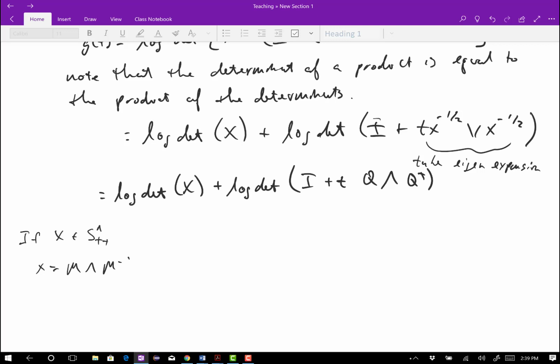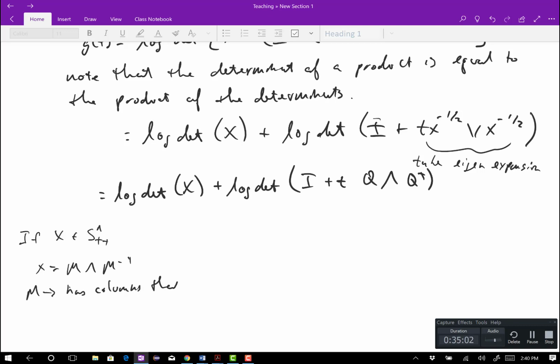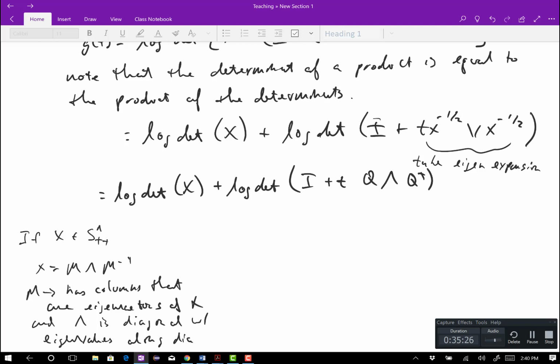M lambda M inverse, where M has columns that are the eigenvectors of X, and lambda is a diagonal matrix with the eigenvalues along the diagonal. That gets us to M lambda M inverse. Now,